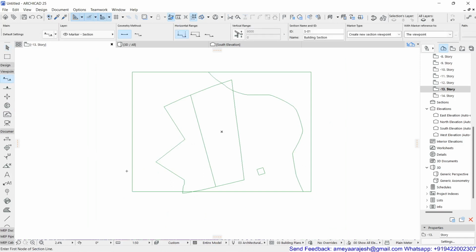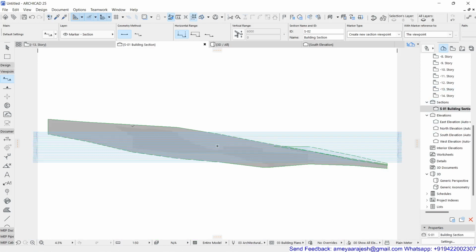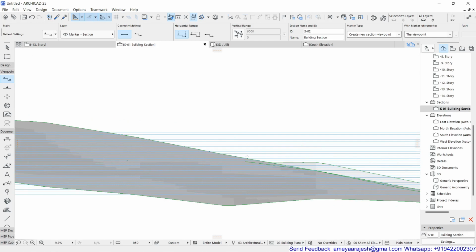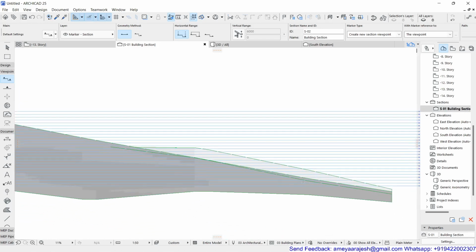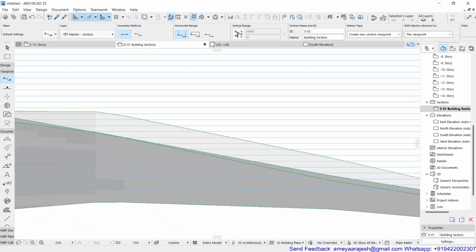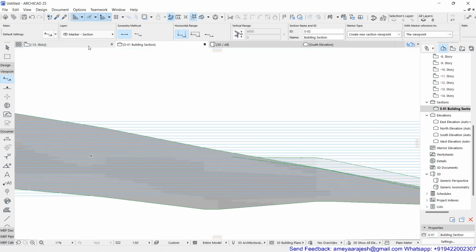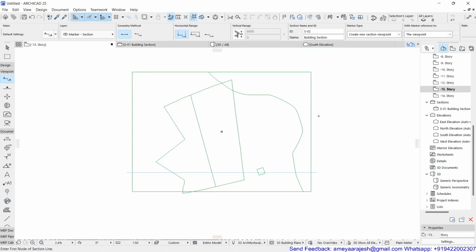So I'm just tentatively putting one section line over here, and if I open that section, you will see that the morph which you have generated is getting cut on every 1 meter level, right? And because it's getting cut on every 1 meter level, that cut segment is nothing but your contour line, right? So we are just going to trace out this line so that we can then use it further.